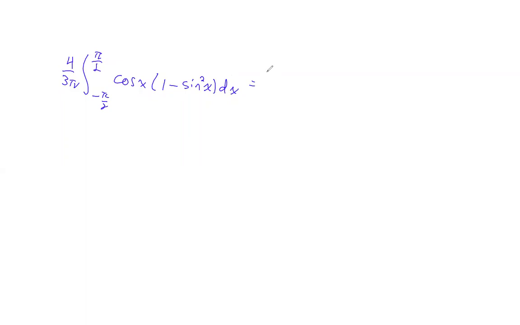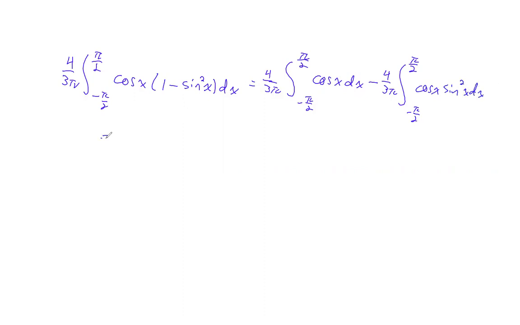That becomes 4 over 3 pi, integral from negative pi over 2 to pi over 2 of cosine x dx, minus 4 over 3 pi, integral negative pi over 2 to pi over 2 of cosine x times sine squared x. And that's just a u-sub. You can do it with a basic u-sub, and that's going to become